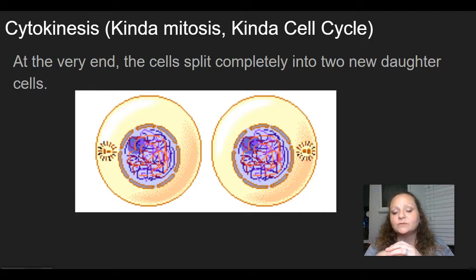They are clones of each other. So these two cells will be identical. Think about what that means for people, right? You actually started out as a single cell, and every single cell in your body is the result of mitosis, which means every single cell in your body has identical DNA.